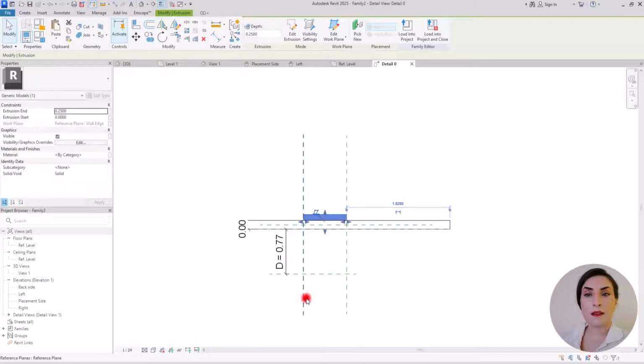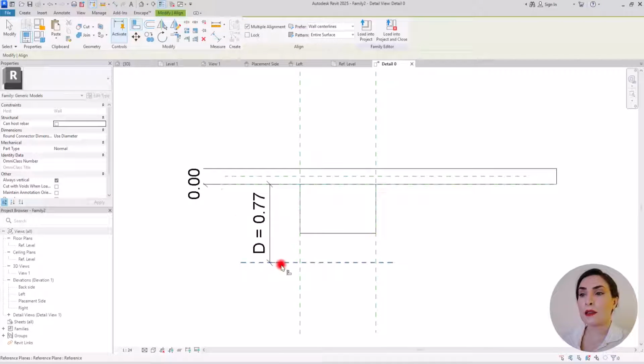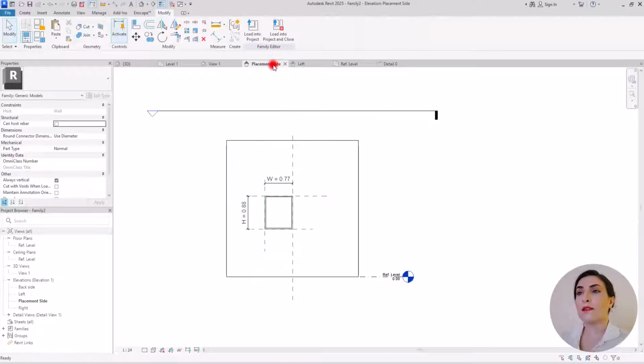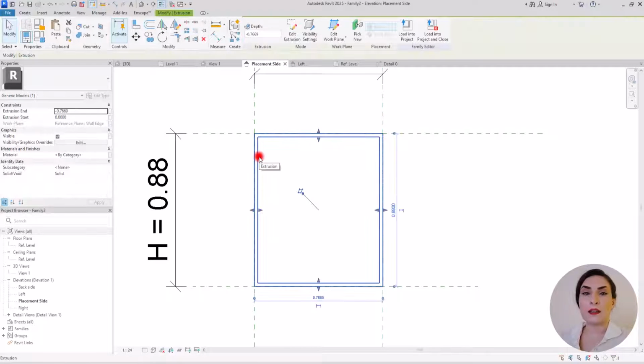So this is the extrusion that we just created. I'm going to move it to this part, and then I'm going to align it with this line and also align it with this reference plane in here. Lock it, and we can go back to placement side. In here we can create a back for the back of this